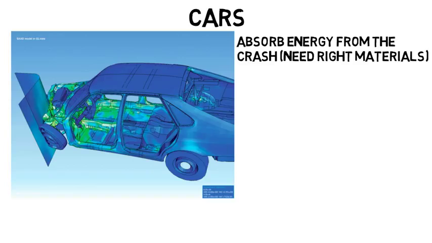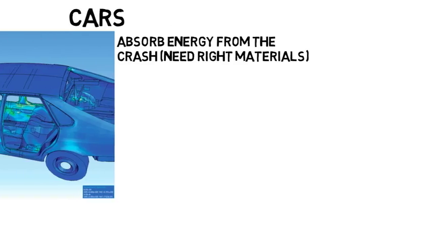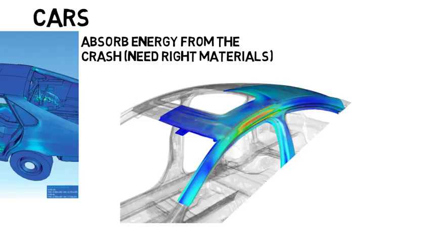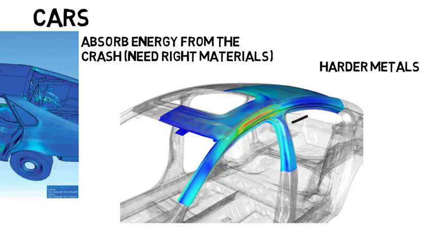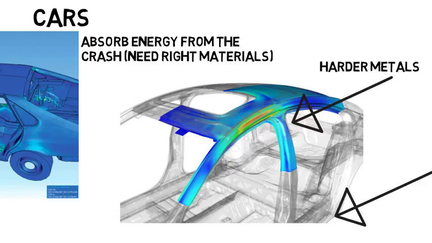If the car was extremely tough and no damage was done in a crash, all that energy would be transferred to the driver. The frame of the car may have harder metals at the top compared to the bottom because of how that will transfer energy from a crash away from a driver. How a car will be impacted in a crash is kind of predictable because that's how engineers design them, and a huge part of this is picking the right materials with the right properties.